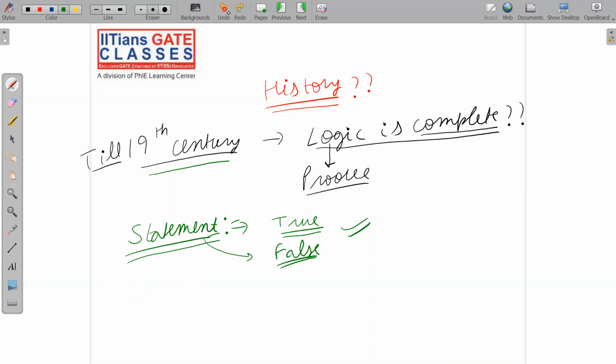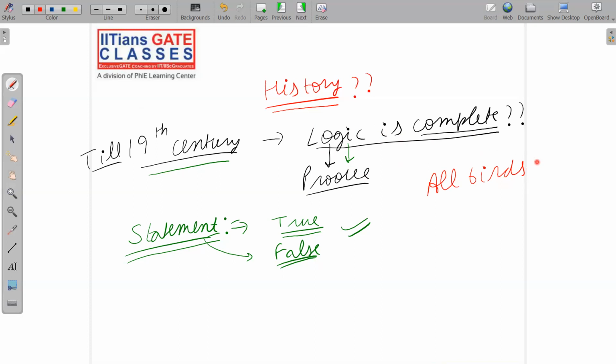Okay, so let me use a different slide. First of all you should copy these few words, and then I will move to the next slide, and in the next slide I will give you some basic information, or throw some light on this basic fact of how with the help of logic we can prove some statement is true or false. Let us suppose I say all birds fly. I think you have already studied this logic subject in computer science and in aptitude also. So we have some argument and we try to prove that the given argument is valid or not, and so on.